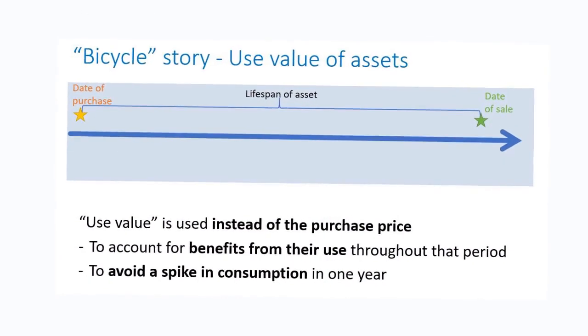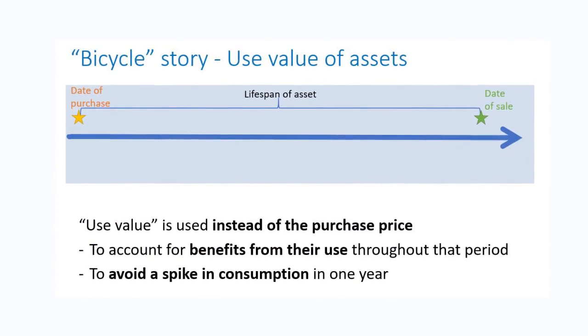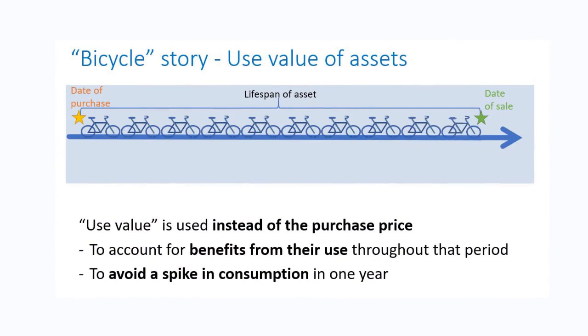Let's take the example of a bicycle. Between the date of purchase and the date of sale, the household uses the bicycle for transportation, for entertainment. If we just conducted the survey, the reference period may not capture the purchase of the bicycle, but the household still enjoys the use of the bicycle during the reference period. So use value is just a way of quantifying and adding the use value of the asset during the time that the household has it, captured in the reference period.